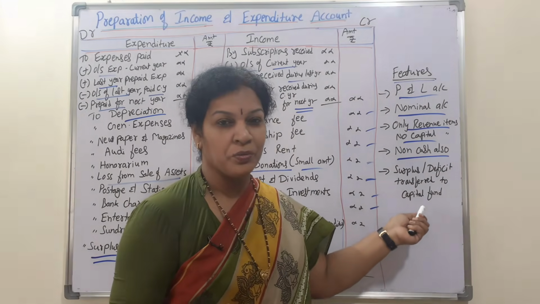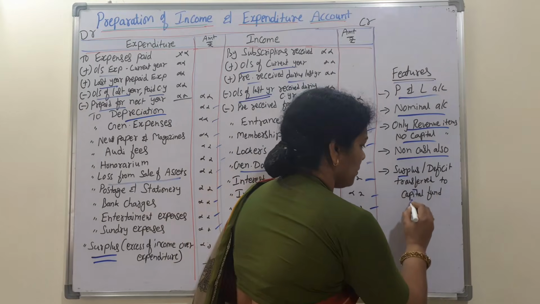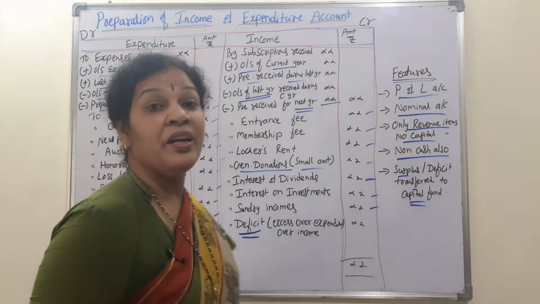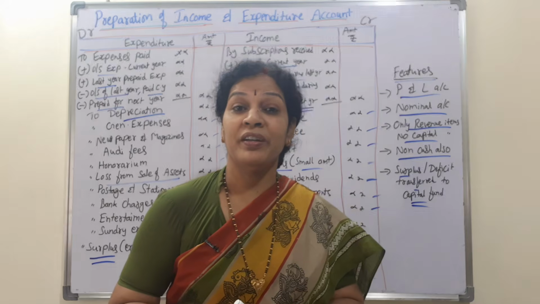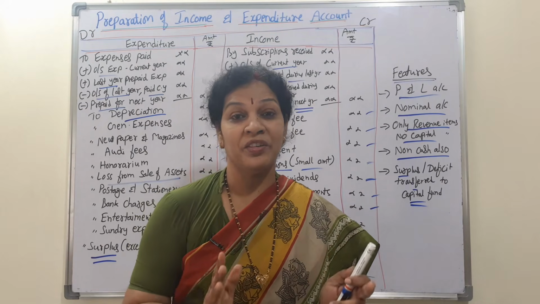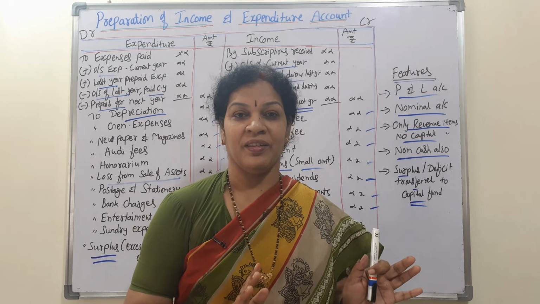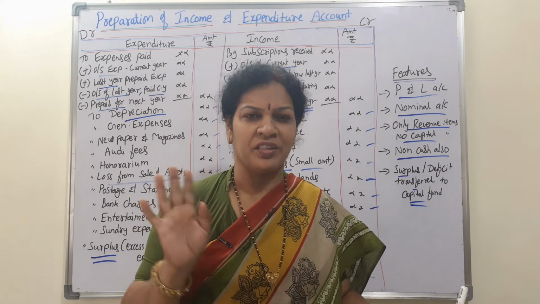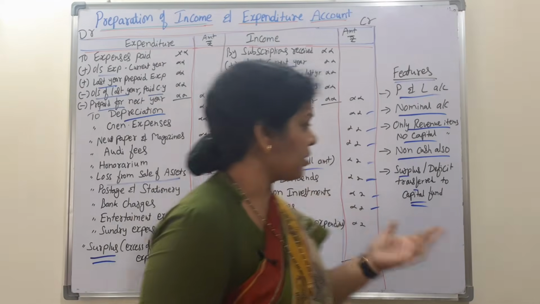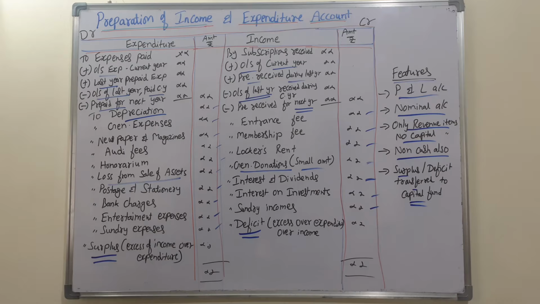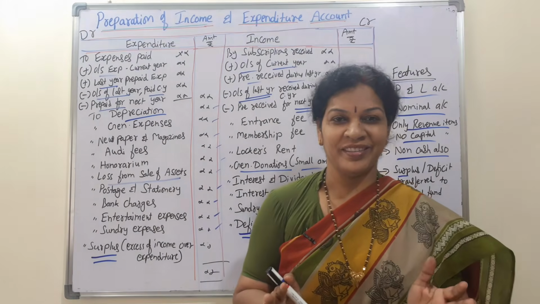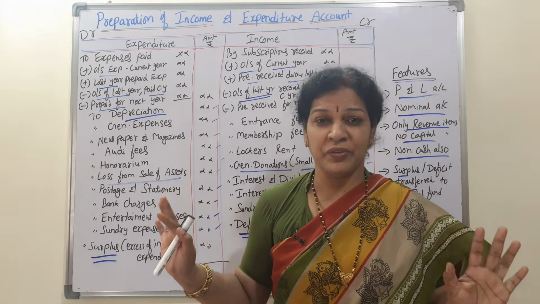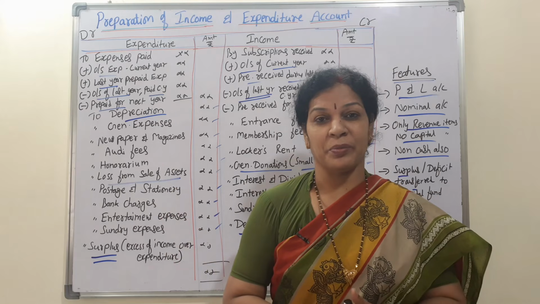Next one, surplus or deficit, what do we do? This is to be transferred to the capital fund. This surplus or deficit will be transferred to the capital fund. Where will the capital fund be? It will be on the balance sheet liability side, under capital. To that we are going to add or deduct. Surplus add, deficit deduct, simple, that's all. You can take a screenshot. Hope I am clear. So for receipts and payment you got an idea, and the income and expenditure proforma as well. If you are clear, we can start working out the problems.